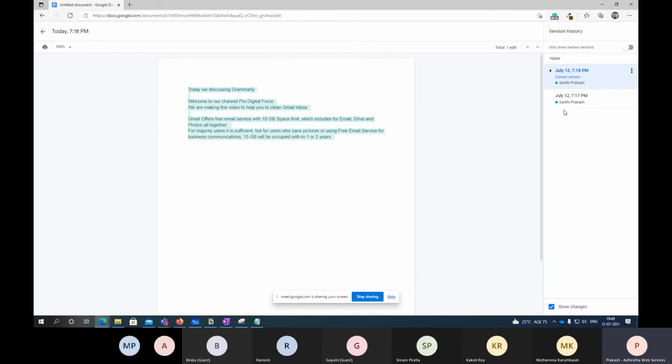See this one. When I created this document, how many times I edited it can also be maintained here. If I want to go to the original, the started version, I can go to that. Most of you, I'm not sure how many of you know the normal, traditional, typical way we use this when creating a document. Today, maybe you gave me a document to work on, and I will save the document with today's date.